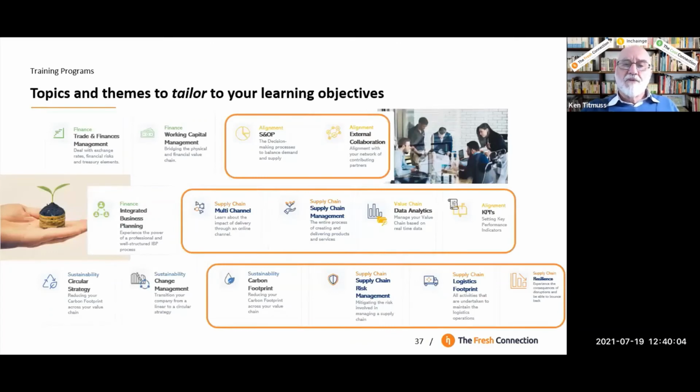And there are a number of different themes. We're going to be looking at the training that we're going to do on the sales and operations planning and the external collaboration. But there are many other themes that have been put together, mainly during the global challenges over the last 10 years. They put different things into the simulation. And more recently, we've been looking at carbon footprints and supply risk management and logistics footprints. This year, the theme is resilience, risk and resilience. They're putting these two together, risk and resilience in the supply chain.